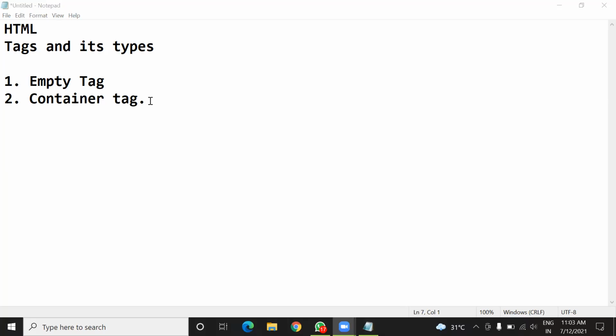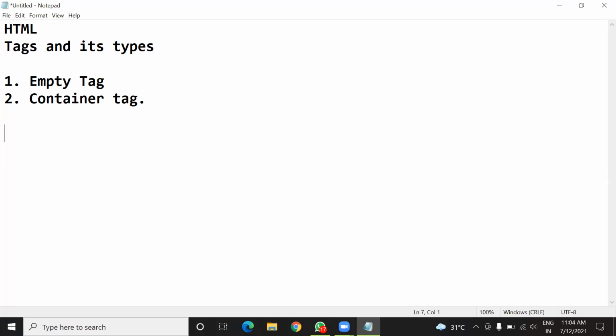Naman, can you answer? How to close a tag? Yes, sir. By putting a backward slash. Backward slash or forward slash? Yes, sir, forward. So by putting a forward slash just before the text in the tag. Okay.